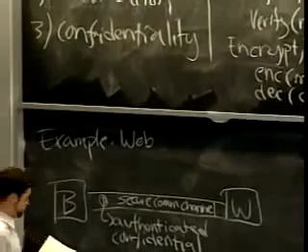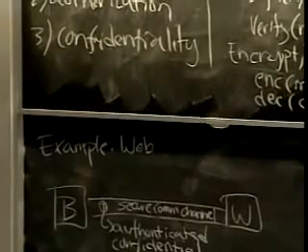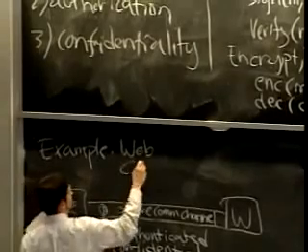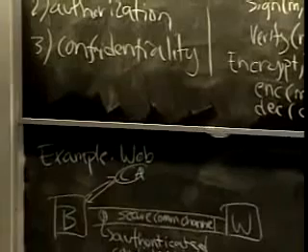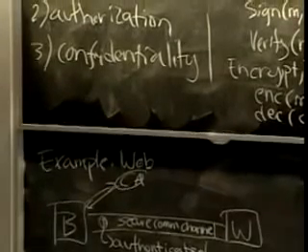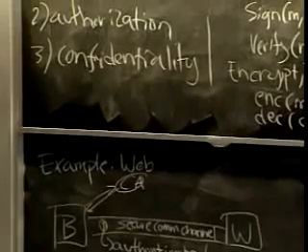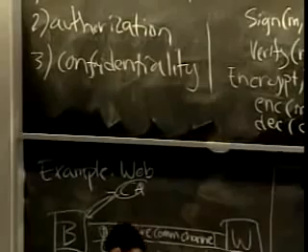So it's typically the case, for example, that there may be some certificate authority which B has used to discover keys for W, to discover a private key to use to talk to the web server W. Okay, so there's a question though that we haven't really got at, which is